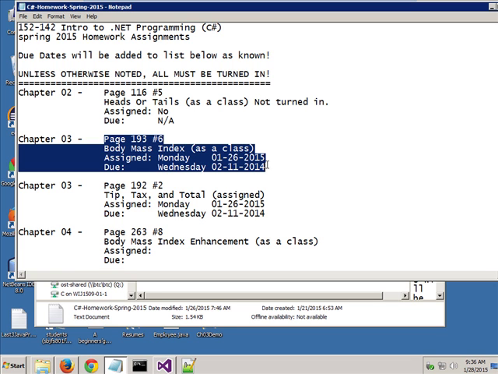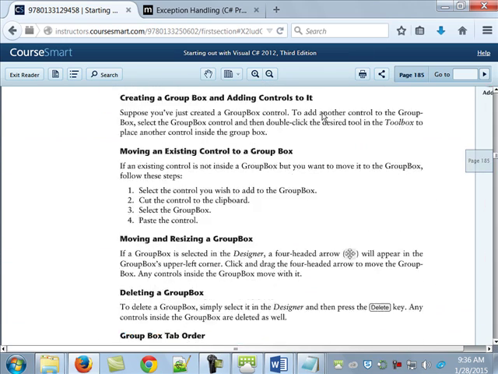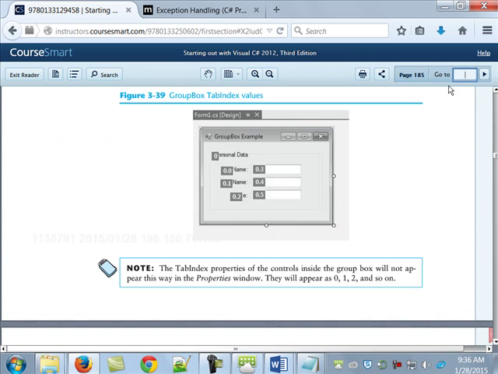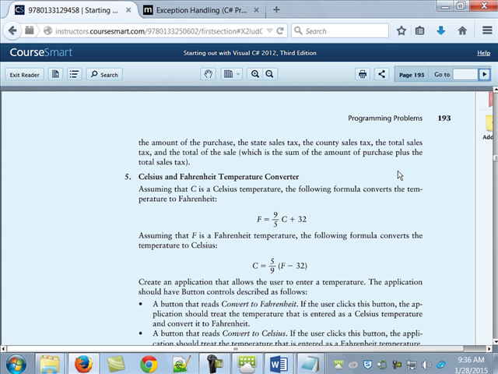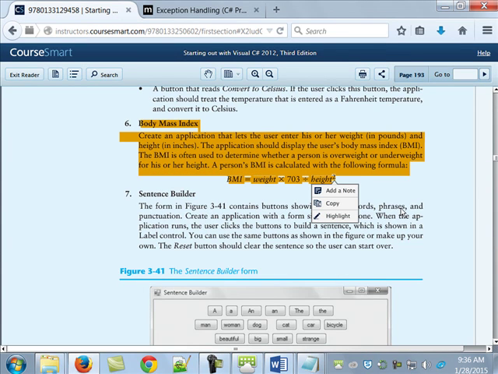So I want you to do the BMI one. That is number 6 on page 193. So if you weren't here the other day, this is the one that we did as a class. It is out there on the system, but I want that one done. In addition to that one,